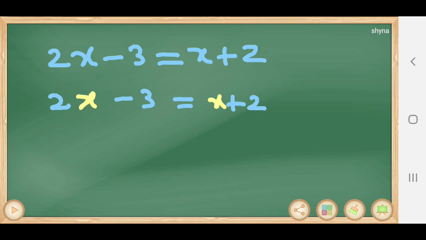First, we consider the variable terms on LHS and numbers on RHS. In 2x minus 3, which is the variable term? 2x, on LHS itself. No change. That's why it is already in LHS, we write it again in LHS, so no need to change the sign. Then the next term, minus 3, has no variable, so we have to transpose that to RHS. Minus 3, while transposing, will be plus 3.